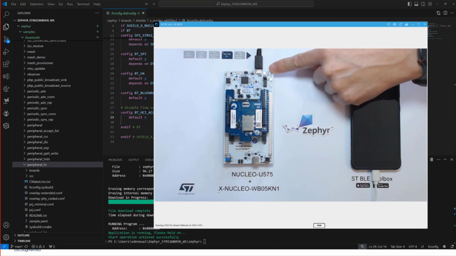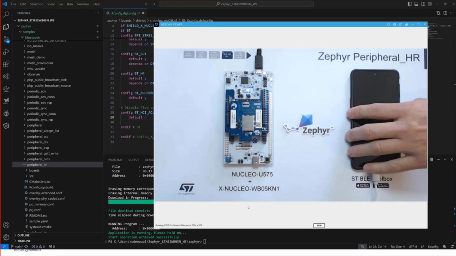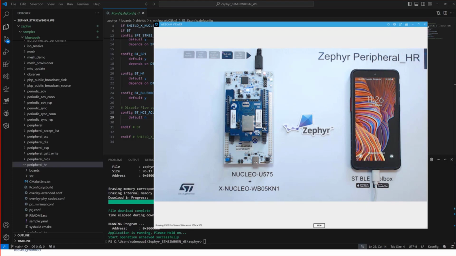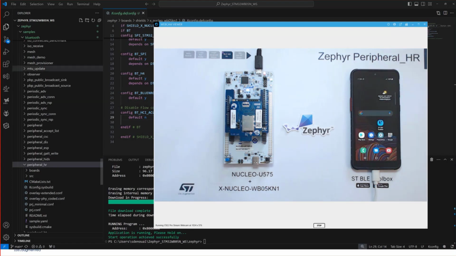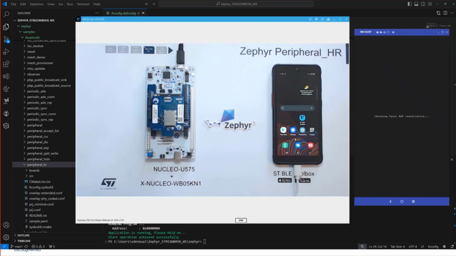There is some ST-Link activity. And the flash is done. Now it's time to check the behavior using my smartphone. I'm mirroring the screen in parallel for visibility.